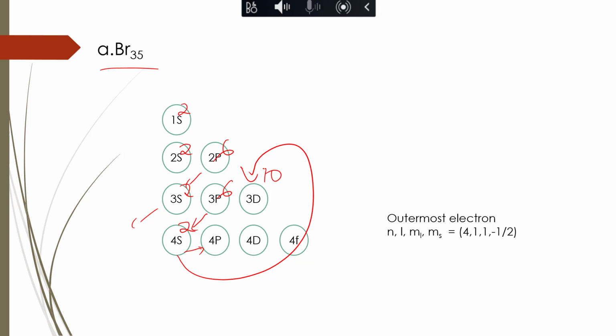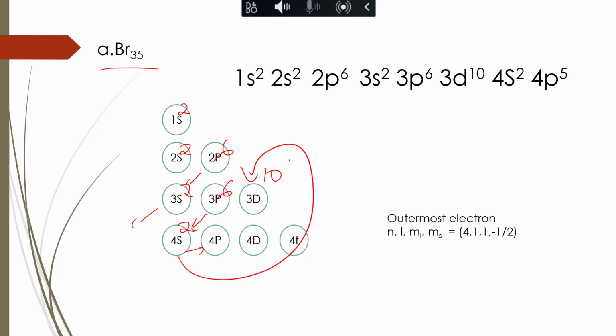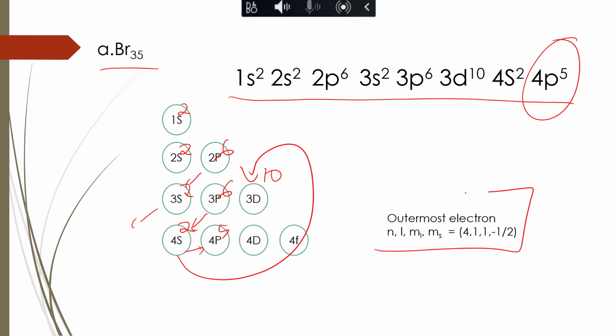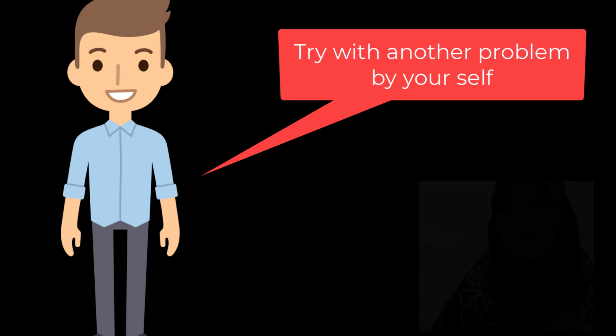No, we should go to the 3d before. So we still have 10 to fill. When we add 10, we still have 5 electrons left. So we can see here that the outermost is 4p5. The outermost electron has the n, l, ml, ms with the